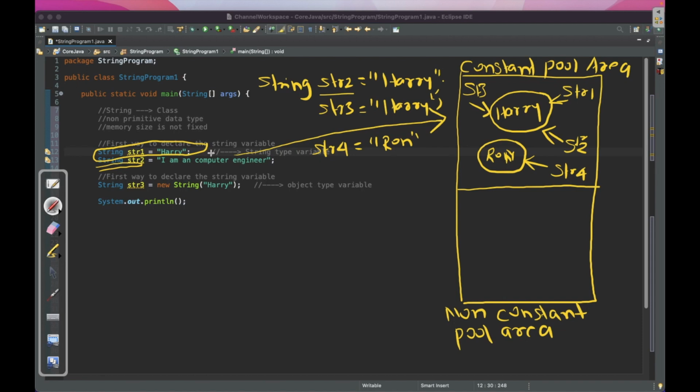If the same content is already available, then the new variable will also point to that same memory, or it will refer to the same thing. But whenever we use the new keyword, that particular object or variable is stored into the non-constant pool area. So for example, if I store Harry here,